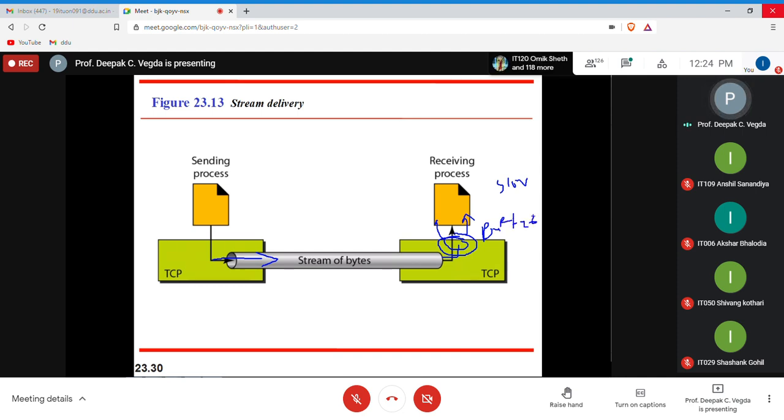Now what happens is, suppose the sender keeps on sending the data at the same speed. The receiver keeps on receiving and keeping it in the buffer, and at its own speed it is processing the data and receiving it. At some point, your buffer is full.